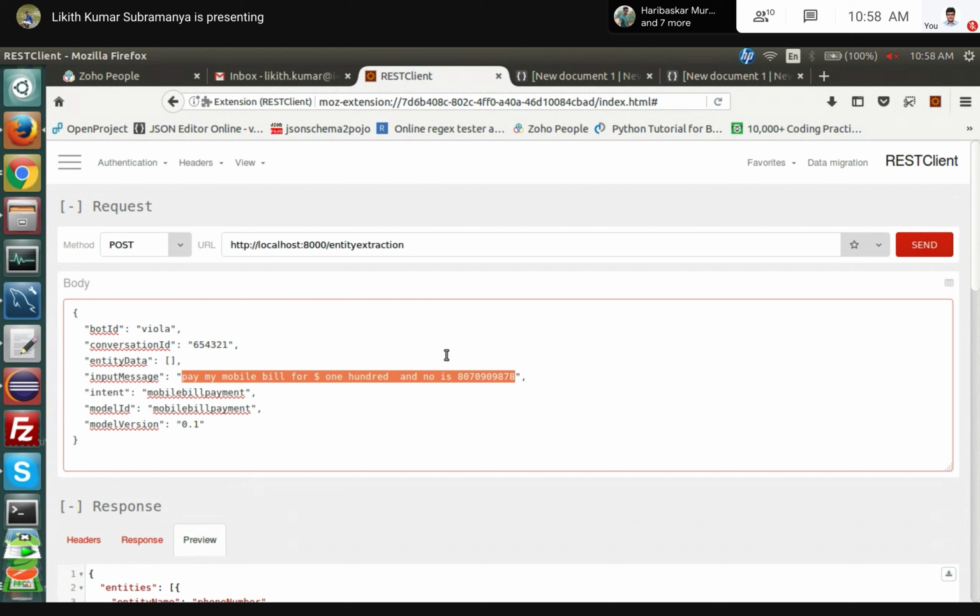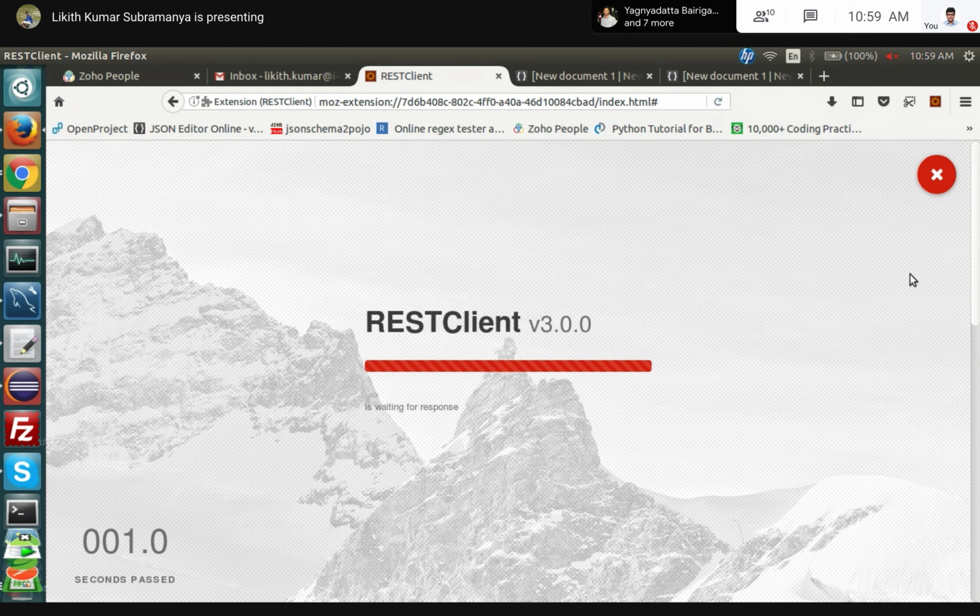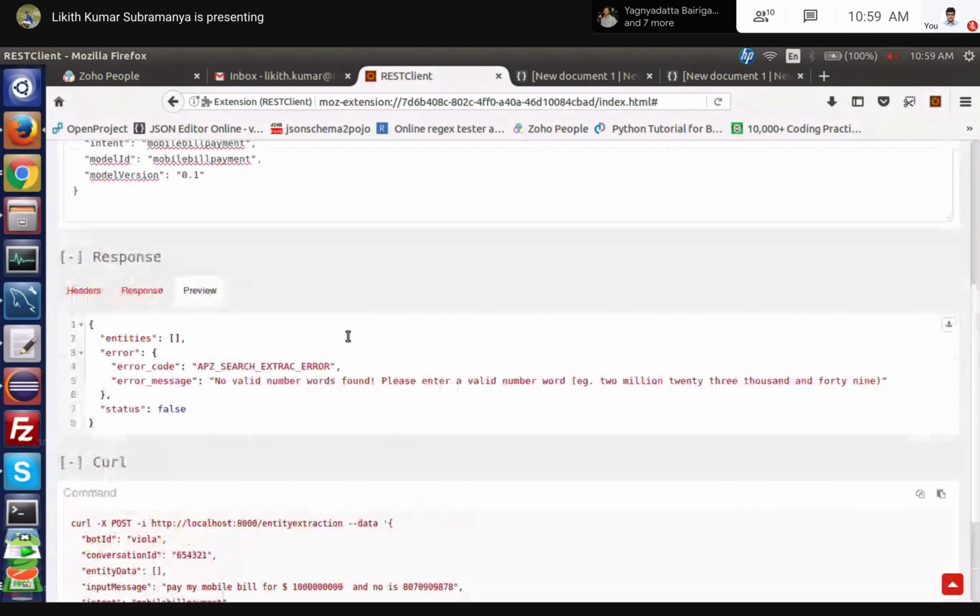Likit, one question on it. If you give an amount as a 10-digit number, can you give that now? In place of 100, you give some 10 digits, dollar. Does it take it as a phone number, or will it take it as an amount itself? How many digits? 1, 2, 3, 4, 5, 6, 7, 8, 9, 10. Okay. Give some random number. Okay, see it is giving.